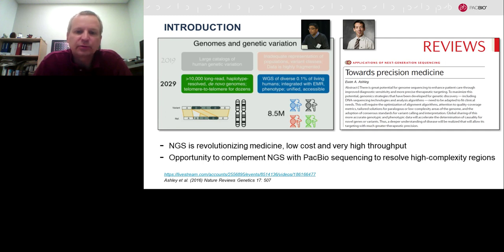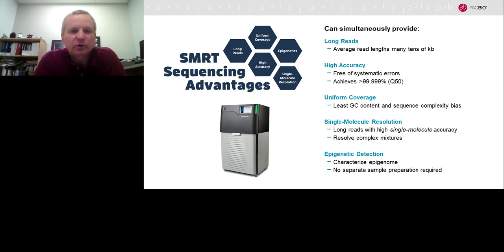So there are high complexity regions that are perhaps more difficult to resolve with the short read technologies, and that's where there's a complementary opportunity for long-read sequencing technologies such as PacBio to help provide a more comprehensive picture of a human genome. And as many of you know, with regard to the technology, it can take advantage